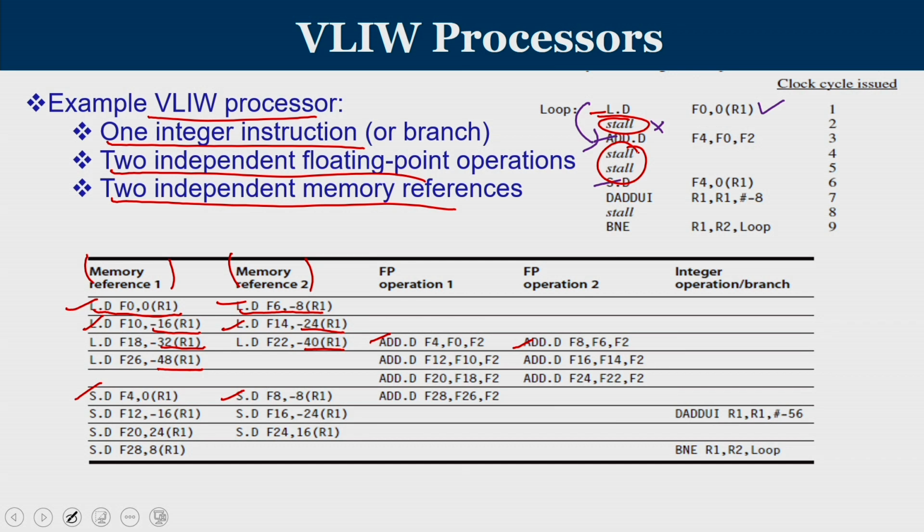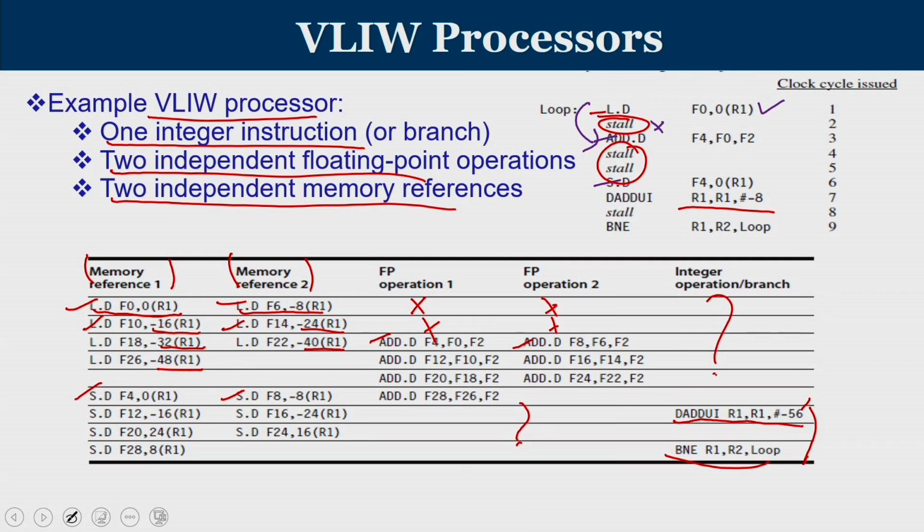Since you unroll, this operation of R1 equal to R1 minus 8 we need to do only once, R1 equal to R1 minus 56, because all the other references to R1 are automatically taken care of by the loop unrolling, and then you have the branch statement. So, there is a stall between them. We can see that some of the slots are actually going idle, because there is not enough parallelism available. Even though I perform loop unrolling, many slots are going to be idle.